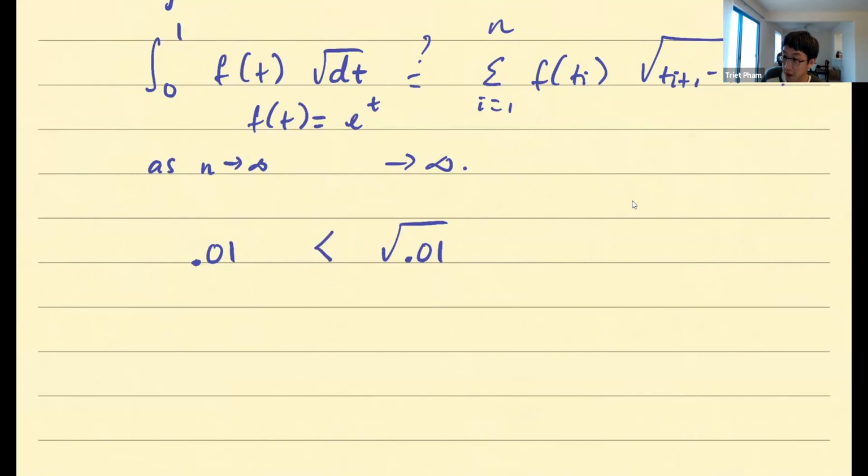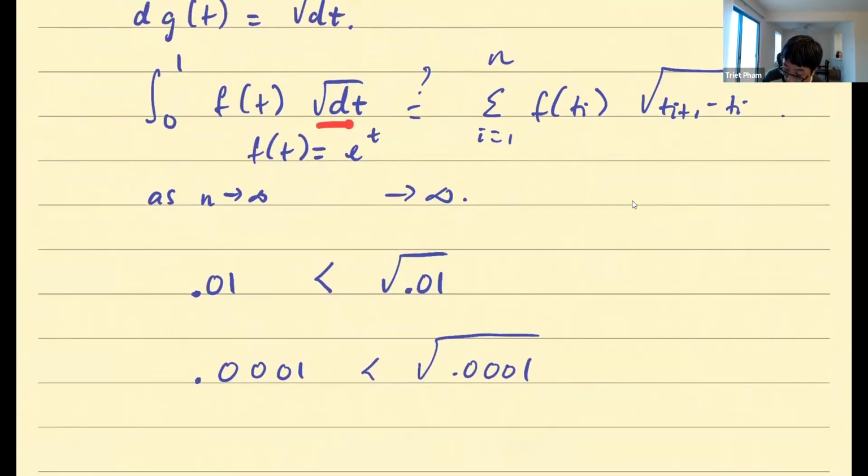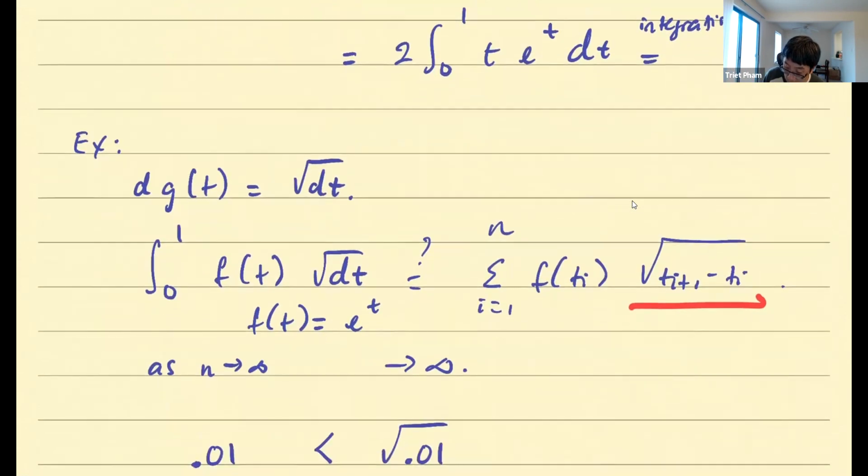The square root is bigger, right? The square root of a smaller number is bigger. And the problem is just going to get worse and worse. As you make this smaller, the square root will be much bigger than the small number as that small number goes to 0. The whole point of convergence is that this guy gets smaller, because you have a lot of sums. But if this guy does not get small enough, then your sum will not converge at all. Is that okay? So that's what's going on with this thing.